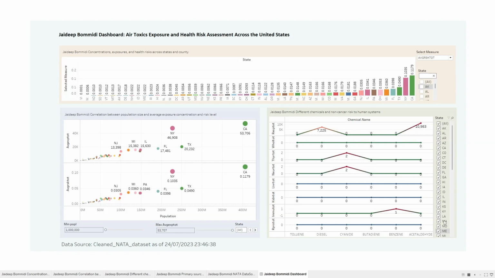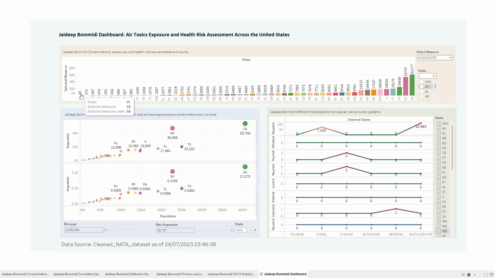changes. Now, in my first graph, as you can see here, I have plotted the selected measure against state. In the selected measure I have plotted concentration, exposure, and risk levels. In the first plot, the concentrations of air toxins are very high in California and New York, followed by Texas, Florida, and Illinois, and the least are in Wyoming, Virgin Islands, North Dakota, and South Dakota. So let us see how much exposure to this concentration the people are having, and we can see that California, New York, Texas, Florida, and Illinois occupy the top spot, and Wyoming, Virgin Islands, North Dakota and South